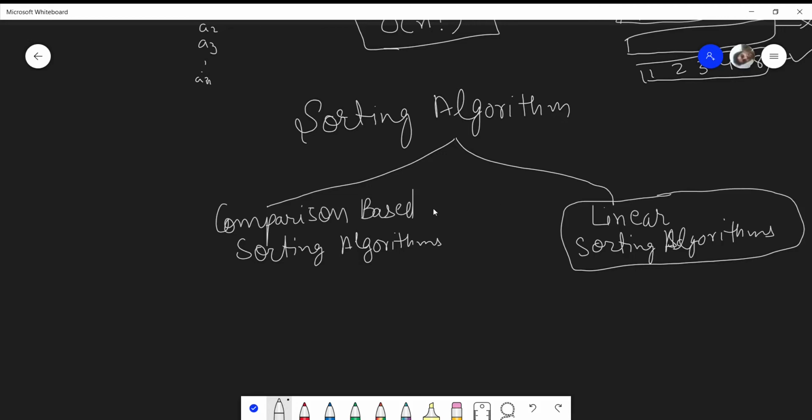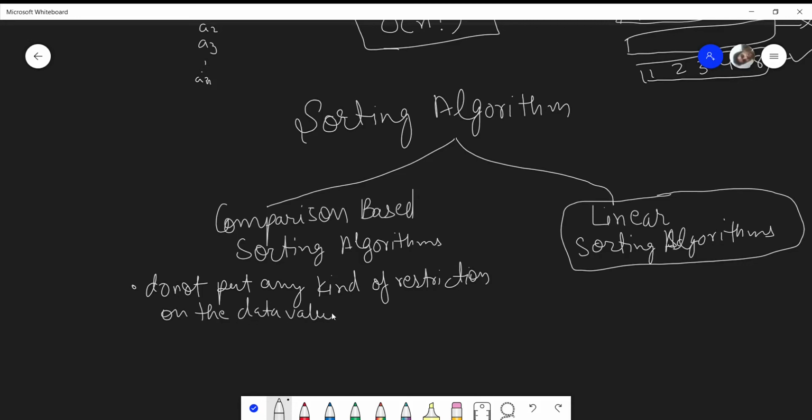Comparison based sorting algorithms are the ones which do not put any kind of restriction on the data values that can be present in a data set.